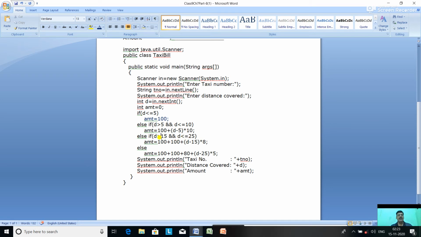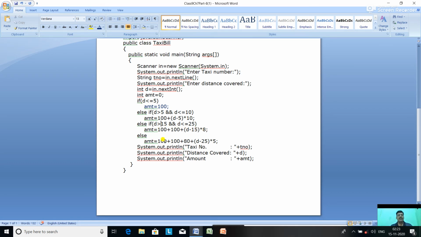Else if it is greater than 15 and less than or equal to 25, then for the first 5 kilometers 100, for the next 10 kilometers 10 into 10, 100, and above that, distance minus 15 into 8. Else, above 25: the first 5 kilometers 100 rupees, next 10 kilometers 100 rupees, and next 10 kilometers 8 into 10, 80 rupees.